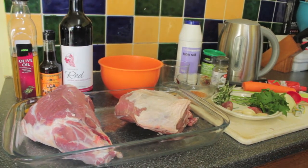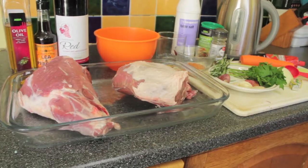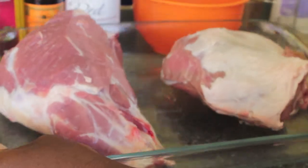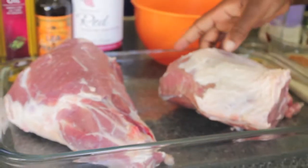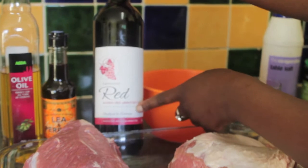So what you're going to need is 2 lamb shanks. You can use 1.5 and just halve the ingredients, obviously. And you're going to need it about just this size. And then you're going to need some red wine. You can use non-alcoholic red wine, oyster sauce, olive oil,